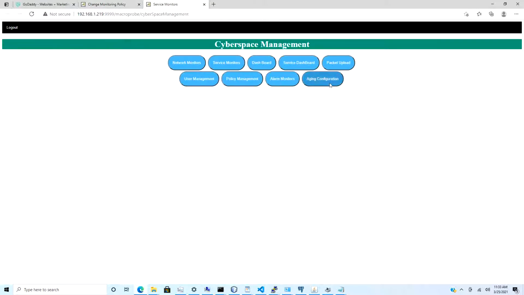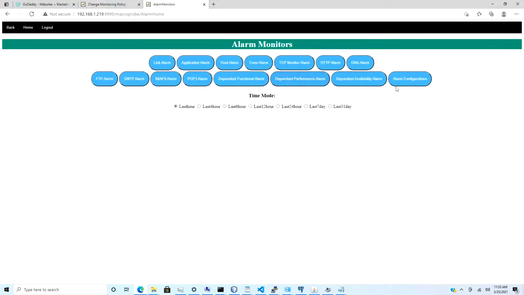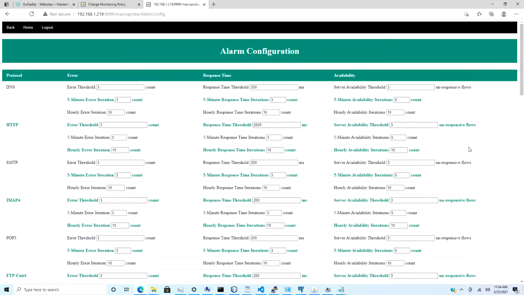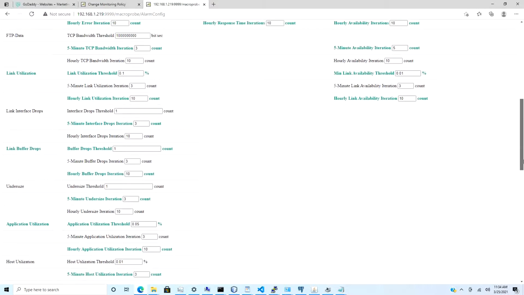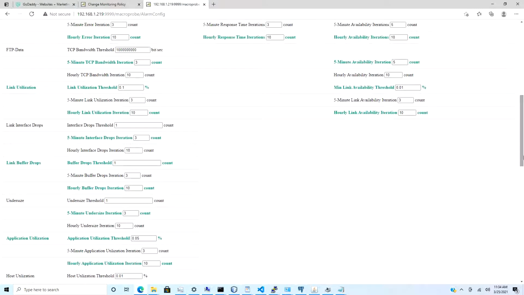Next, we want to tell the MacroProbe what thresholds we want the analytics to be run on, configuring the N-bit transition alarm for each of the metrics we tell the MacroProbe to perform analytics on. For example, link utilization: the threshold is 0.01, and the N-bit transition is 3 for the 5-minute alarm. This is the foreground alarm trigger